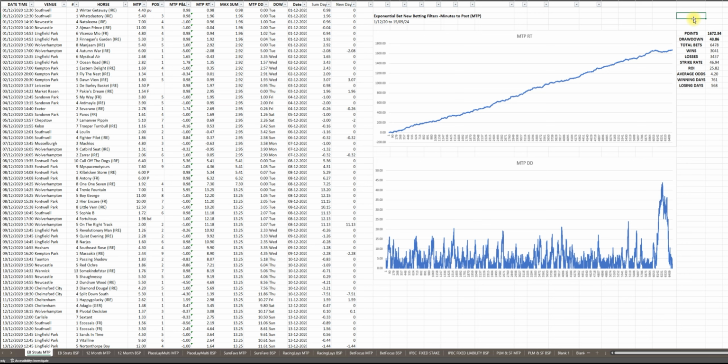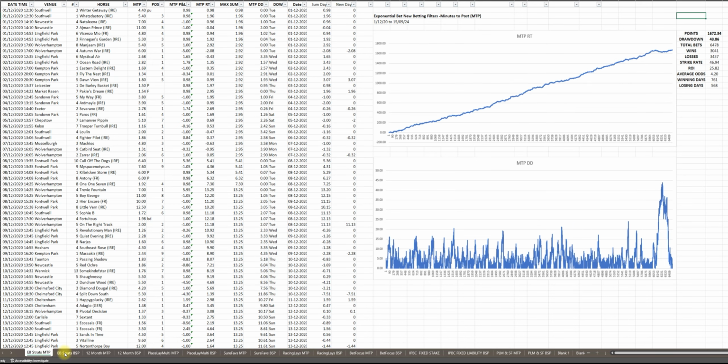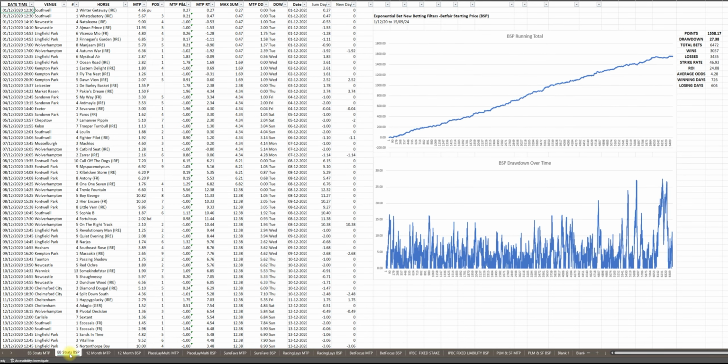Here we have a spreadsheet for Exponential Bet new betting filters showing minutes to post, and these are showing Betfair starting price. This is covering every strategy available at Exponential Bet, either betting MTP or BSP. As in, you can have Place Link Multi, Sure Favs, Racing Lays and Bet Focus, which are the 4 strategies